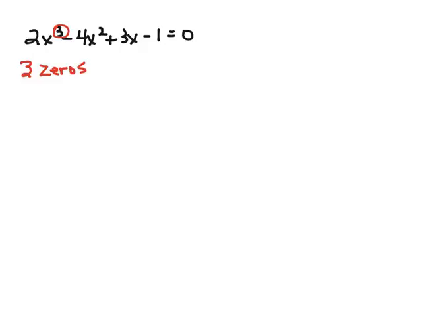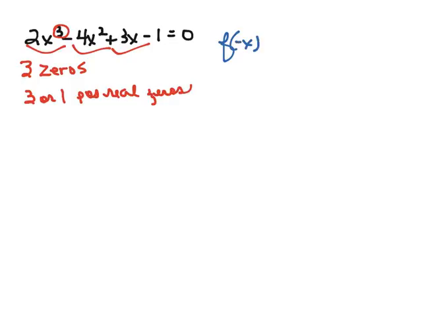If we want to use Descartes' rule to see what our sign changes are, if we look at f of x, there are 1, 2, 3. So we are going to have 3 or 1 positive real zeros. If we look at f of negative x, our equation would be negative 2x cubed minus 4x squared minus 3x minus 1, and there are no sign changes in that, so we are going to have